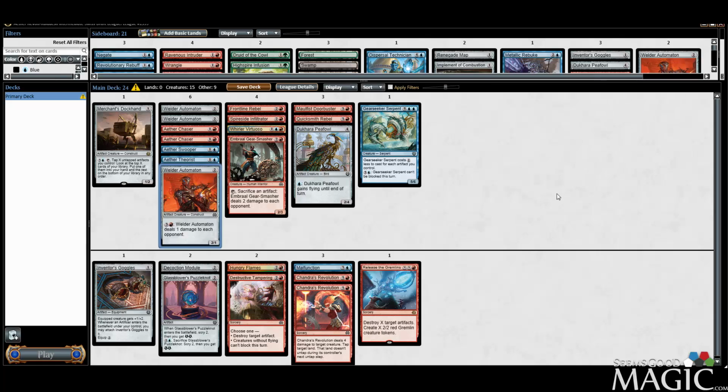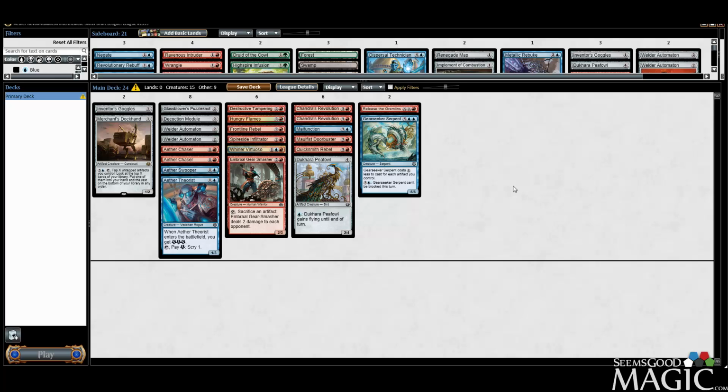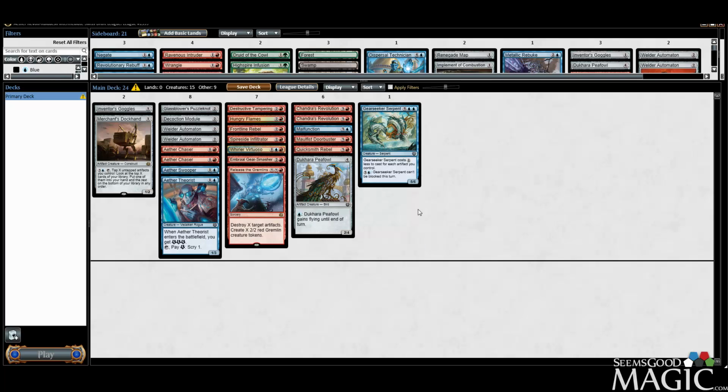Because I'm pretty comfortable running 2. Our curve is still very good, I think. Yeah, I think our curve is still very good. Remember, you could even put this at the 3-drop slot. It's perfectly acceptable there. So our curve is low. I guess we have a few 4-drops, but I still think we can easily get away with 16 lands here. And we probably only need...